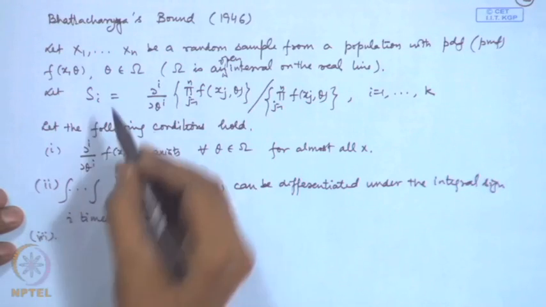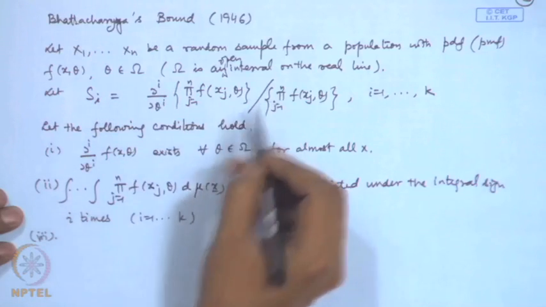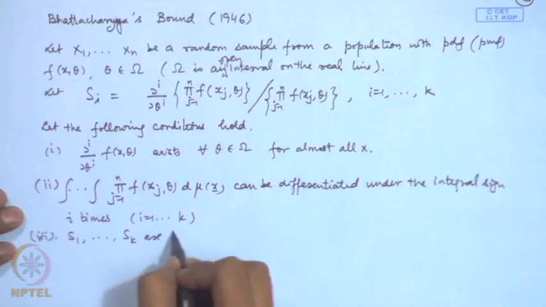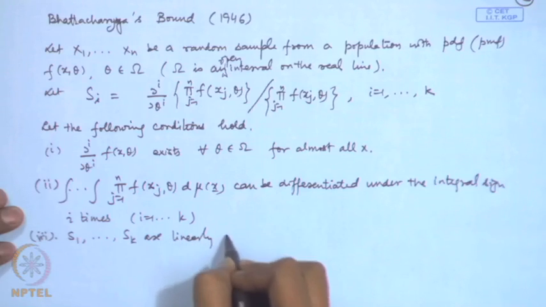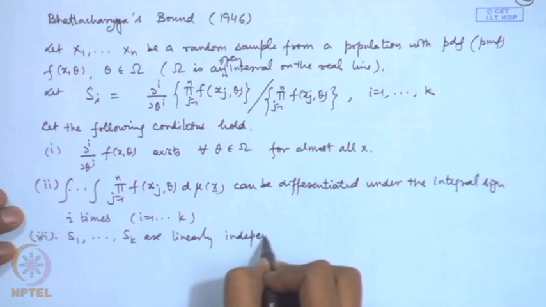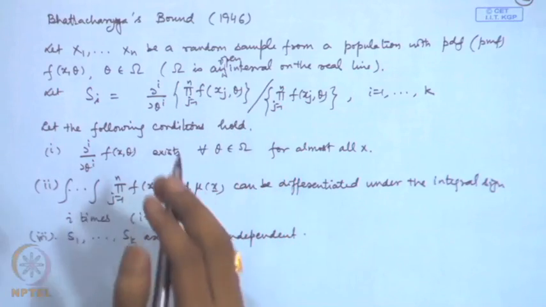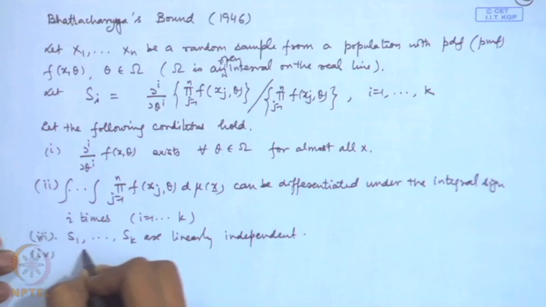Let us define S_i as this term, then we assume that S_1, S_2, ..., S_k are linearly independent. By linearly independent we mean that none of them can be expressed as a linear combination of the others, and